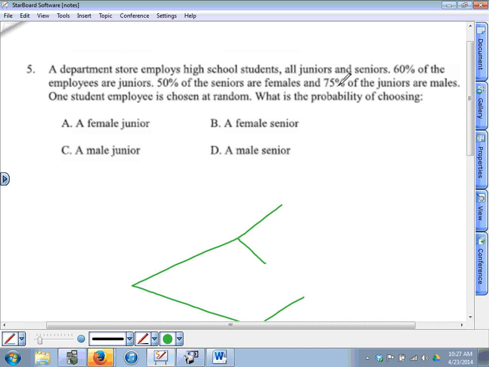So the very first piece of information, the first branch off, should be juniors versus seniors. And remember to add the corresponding probabilities. 60% are juniors, so that's 0.6. So what does that leave for seniors? 0.4. Now of the seniors right here, of the seniors,